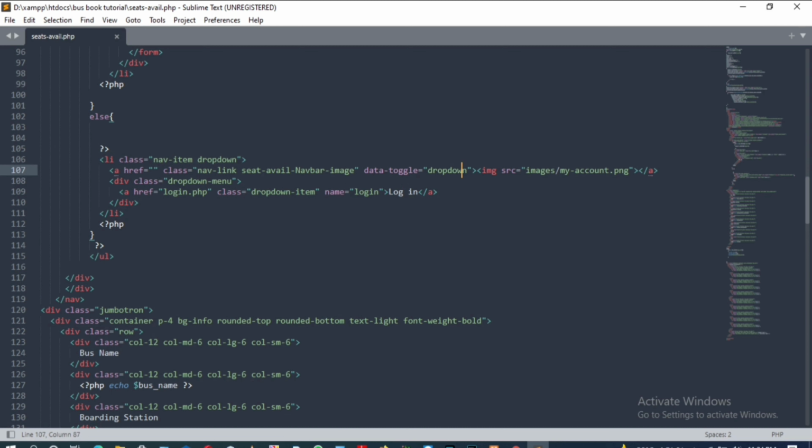Nav data toggle dropdown, img src, type, class dropdown menu, href login.php class dropdown item. Seats available.php.